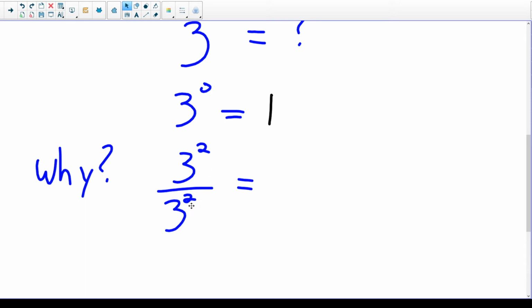So technically, the only way that you can get a power of 0 is if you're using, that's right, the quotient law, okay? If you look at 3 to the 2 divided by 3 to the 2, if we use the quotient law, we get 3 to the, and I'm going to write it out the long way, 3 to the 2 minus 2, and that's the only way to get a 3 to the 0. Okay? However,